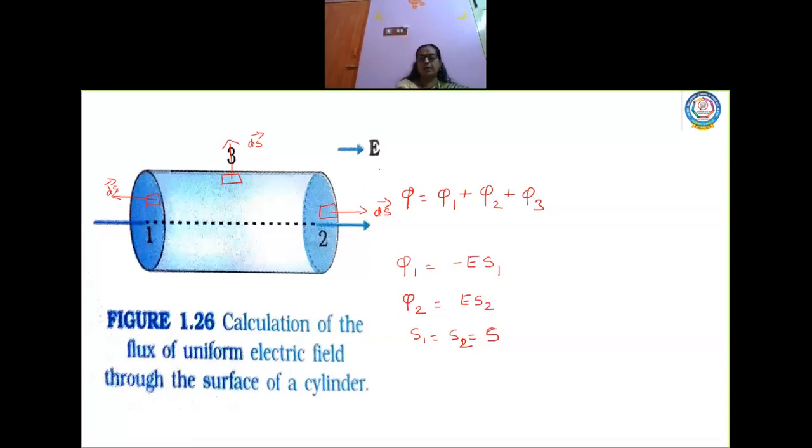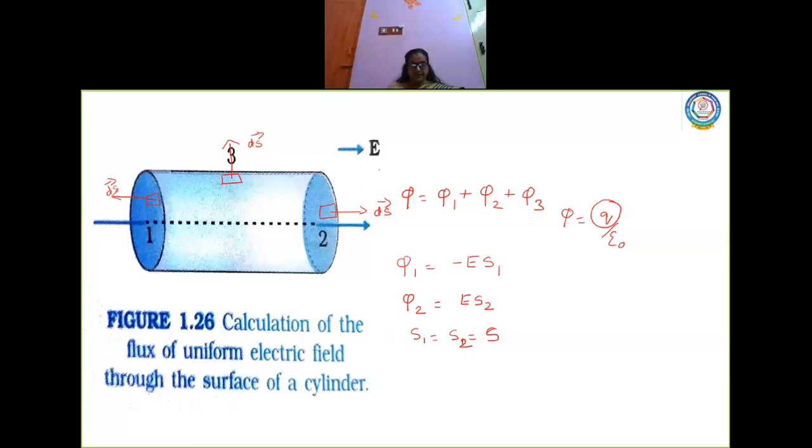Now, based on all these things, we are going to have some important points regarding Gauss law. Now, all these points are also discussed in the textbook, children. I'll just go through the important points alone. Just go through it and try to understand. So, the first point is Gauss law is true for any closed surface, and now the term q on the right side. So here psi is equal to q by epsilon naught. This term, which is q, it talks about the charges enclosed by the surface.